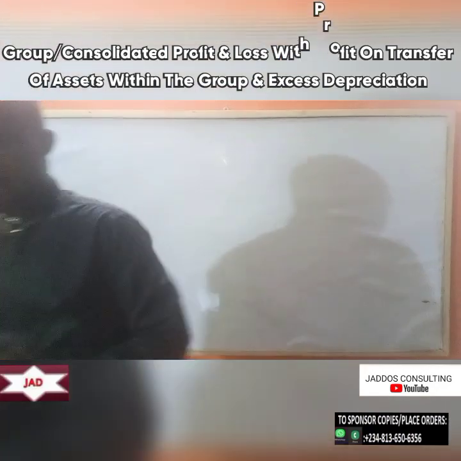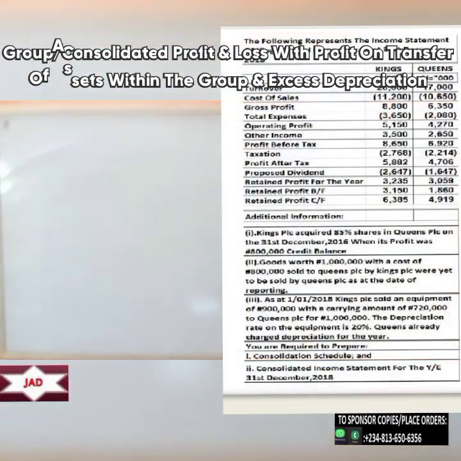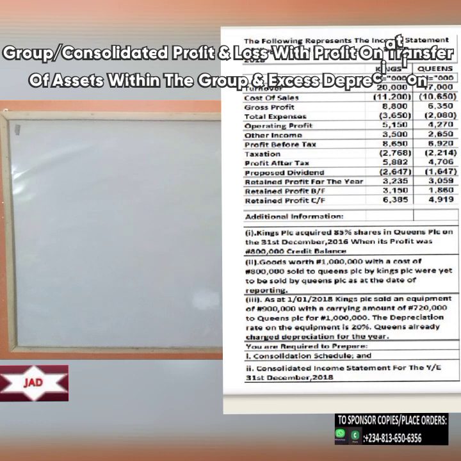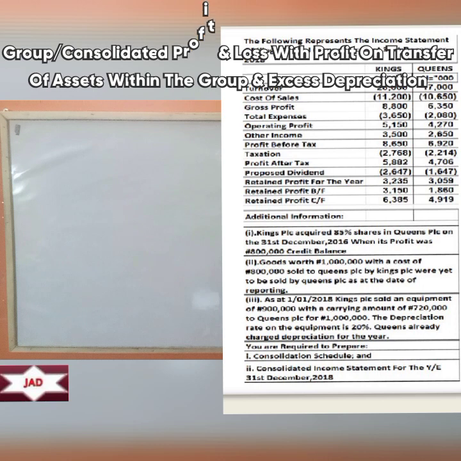It's a very straightforward one. So what do we have here? We have the following, which represents the income of Kings PLC and Queens PLC as of 2018. So we have turnover, cost of sales, gross profit, total expenses, operating profit, other income, profit before tax, taxation, profit after tax, proposed dividend, retained profit for the year,